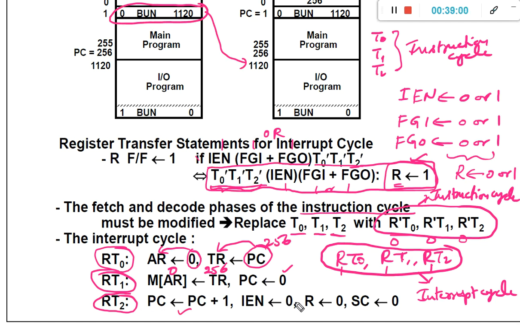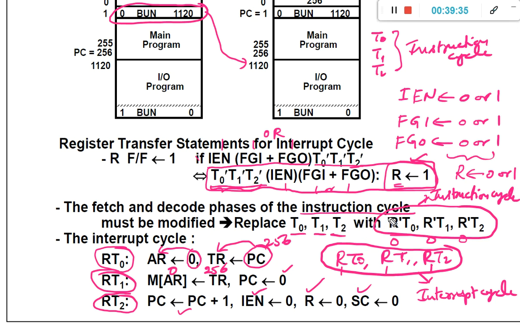After the IO program is executed, it is going to reset the interrupt enabled flag, the interrupt flip-flop, as well as the sequence counter, all to zeros. It clears IEN, R, and the sequence counter to 0. Like this, we perform the RT0, RT1 as well as RT2 register transfer instructions.